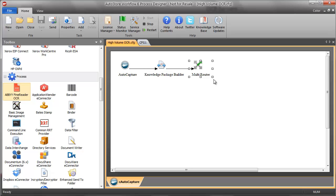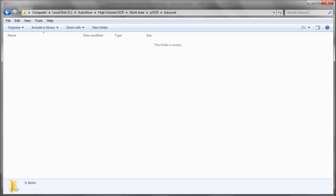Let's run this configuration so you can see what's going on. I have a network share here in which I'm going to be sending scanned documents. It's going to convert those documents to the AutoStore XML folder and temporarily place those documents in this folder. Then multiple other tasks running either on this same box with additional CPU engines or on separate virtual machines will pick it up. I'm going to go ahead and open up AutoCapture,